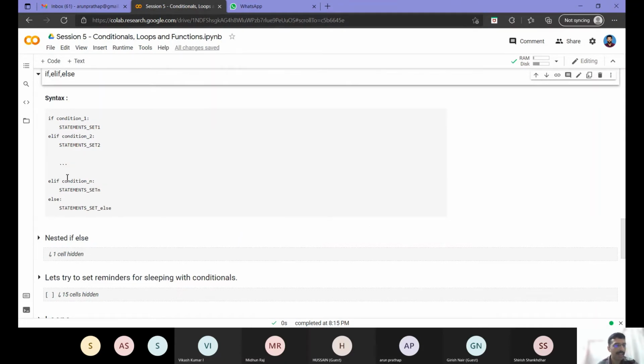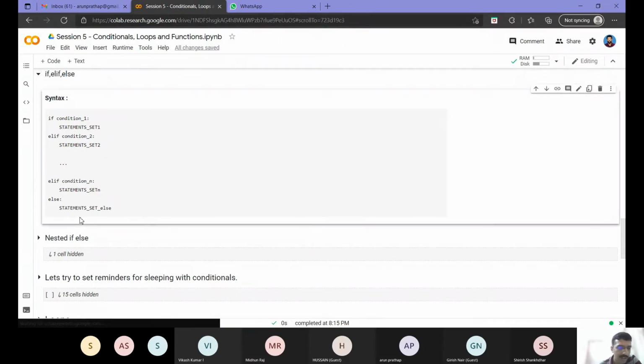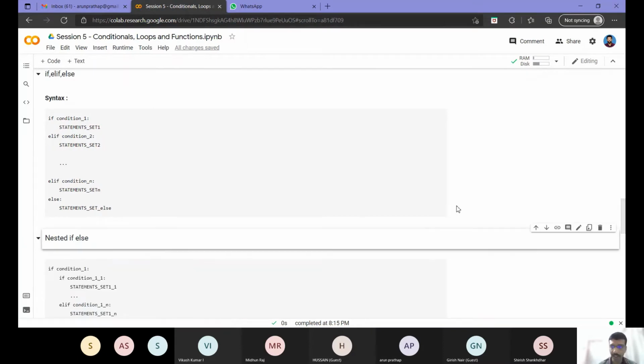Similarly, I may have n conditions. Whichever condition becomes true, it will proceed till that point, and from that point onwards it will skip the statements and go to the end of the if block. I hope this is clear. We will be seeing use cases for all these 3, as well as one thing that may be complicated for beginners, nested ifs, right?